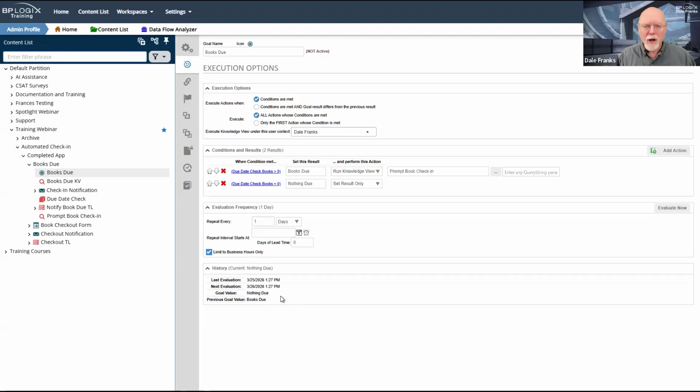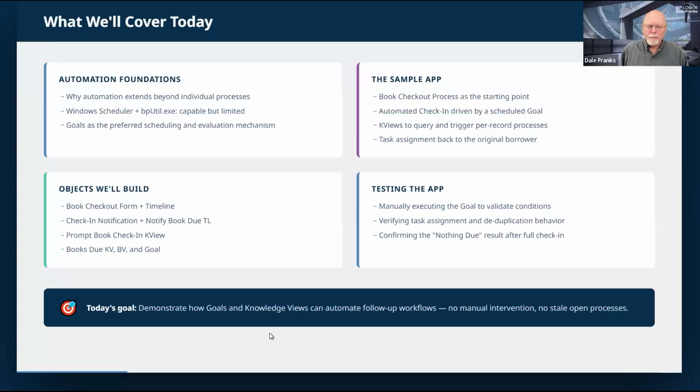We can evaluate at a specified frequency, we can invoke processes, and so we can do a lot of interesting things with goals that go far beyond just doing an evaluation and setting some value like nothing due or books due. So goals are a pretty neat way of doing that.